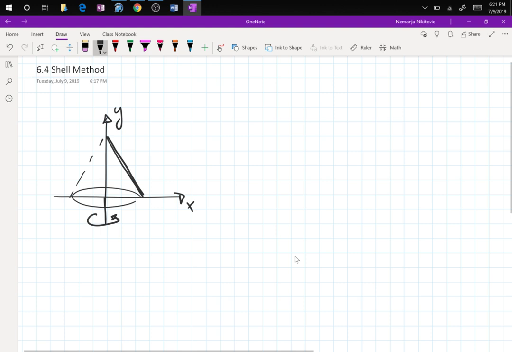Now, the way the slicing works is parallel to the axis of rotation, which means you are cutting it with dx. So now, the y rotation formula will trigger: volume equals 2 pi integral a to b